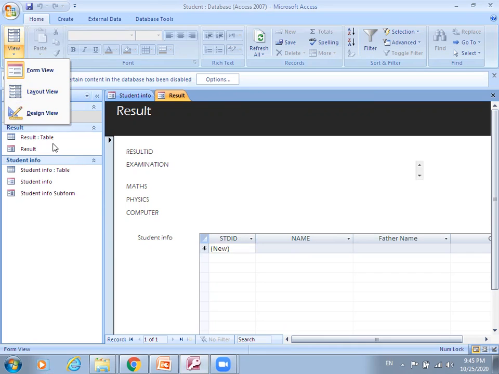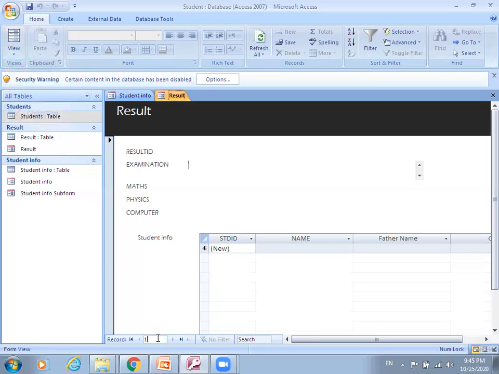Then in the form, you can navigate through the form records. Here at the bottom, a small toolbar is permanently placed in the lower left corner of the form window. This toolbar will help you to navigate through the existing records or to add new records. To view a specific record, click the empty box in the center of the toolbar in the bottom left corner and type the record you want to move to.